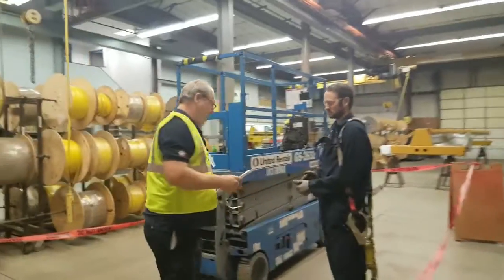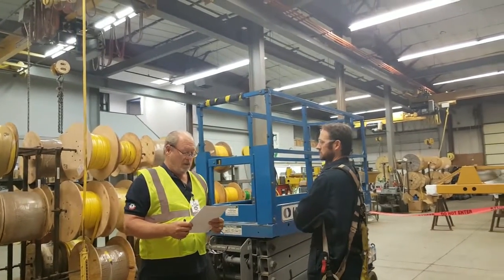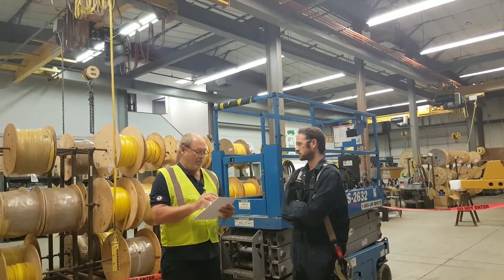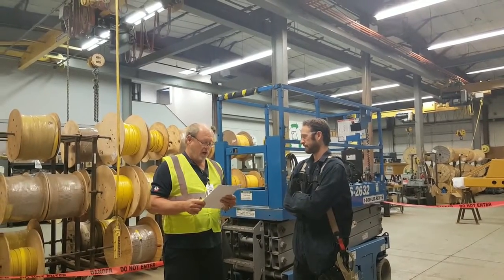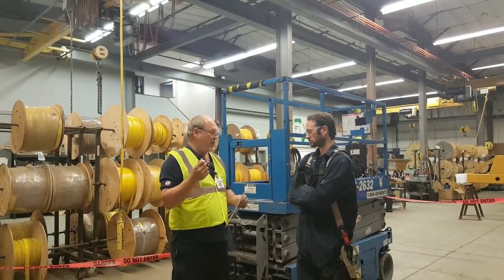Okay, so the first thing I need to ask you is Richard, what are you doing? Oh, I'm just doing the annual inspection. Okay, so I'm going to use the overhead crane inspection and repair option on the tasks to do an RCI on you, okay? Okay. And the first thing that I'm supposed to look at here is if you're wearing the